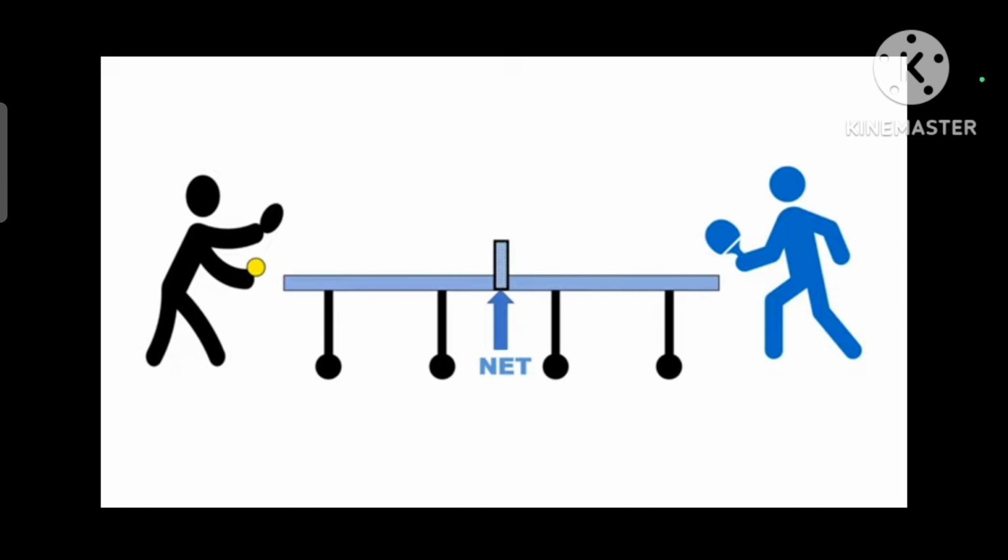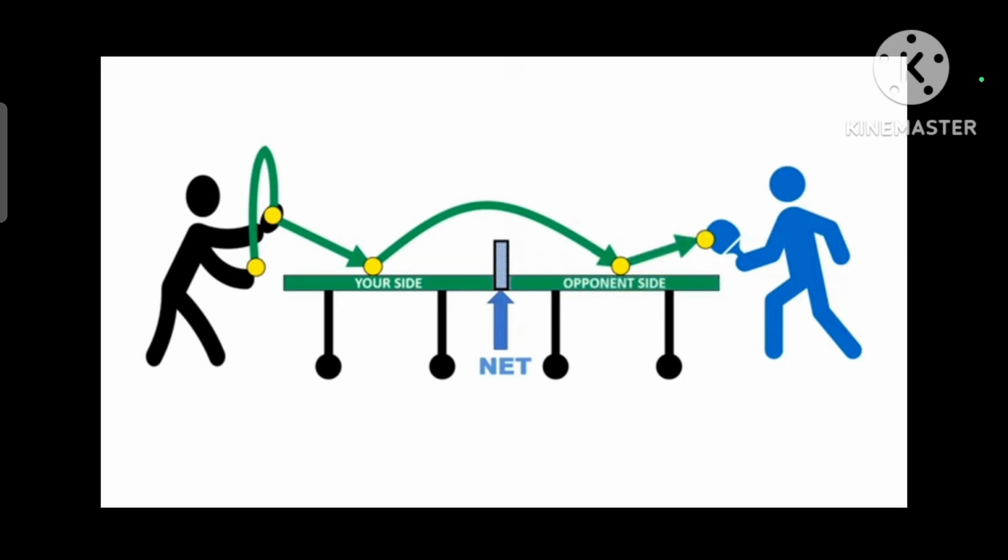Now the service in table tennis is very different. When you're serving, you toss the ball, you hit the ball with your racket, and it should bounce on your side of the table first, then go over the net, and it should bounce on your opponent's side. Very different from tennis. So the ball should bounce on your side first and then on the opponent's side only during